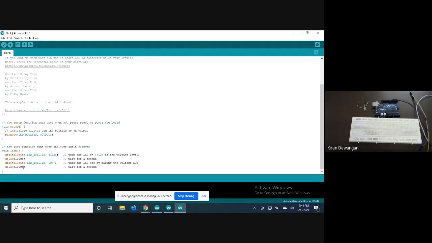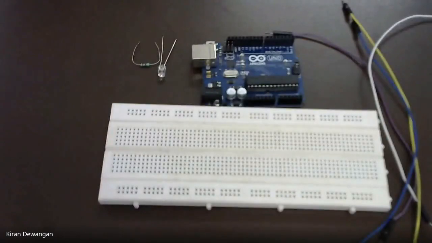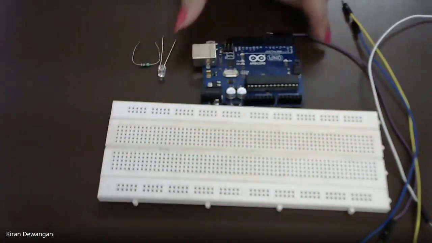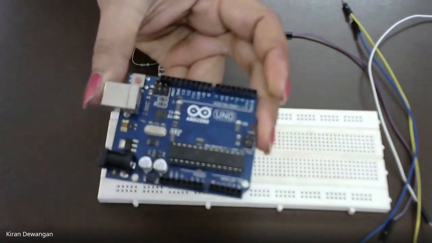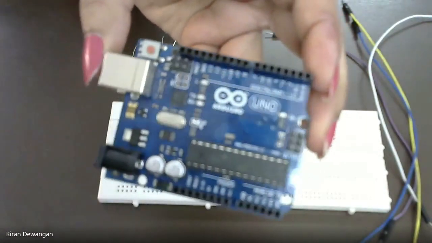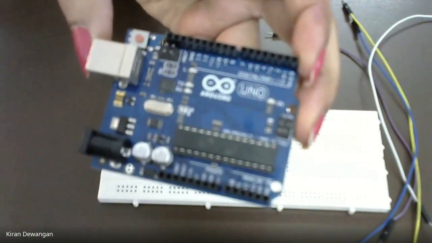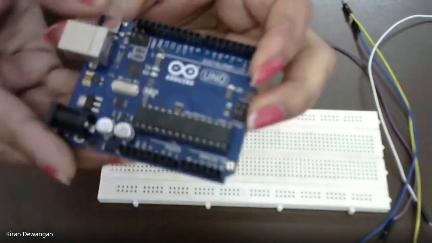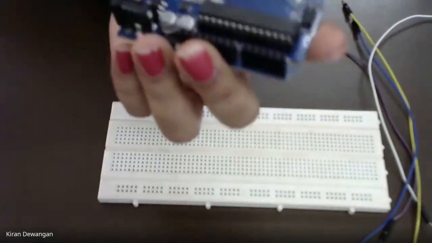So we need to just connect it and we need to just check whether it is working or not. Okay, so let me just connect it. I'll just stop sharing, then we can focus on the camera. So this is our code. This is our breadboard. Here, this one is an Arduino board. As I've already shown to you, this is the Arduino Uno board. Is the Arduino Uno board visible to everyone? Yes, ma'am. It's visible, right? Now the Arduino Uno board has this side, it's a power supply.